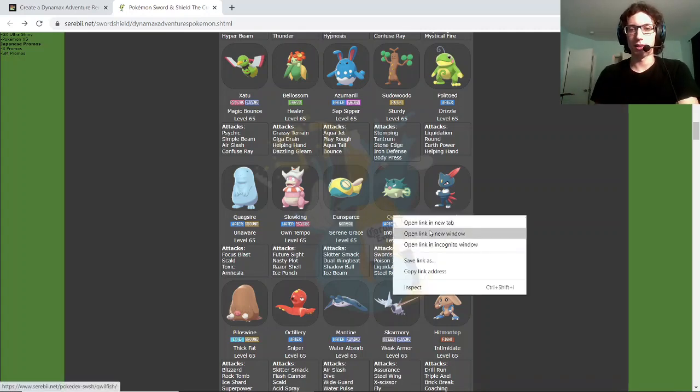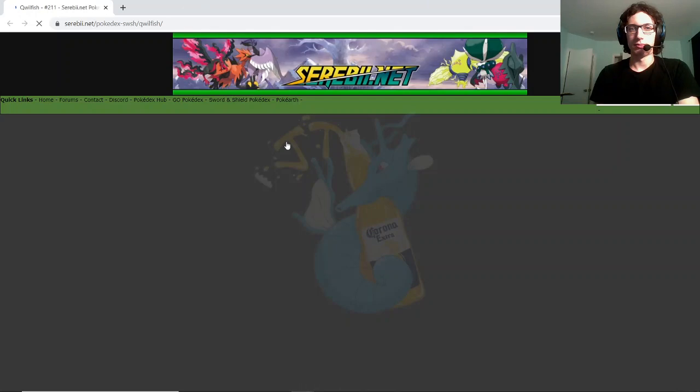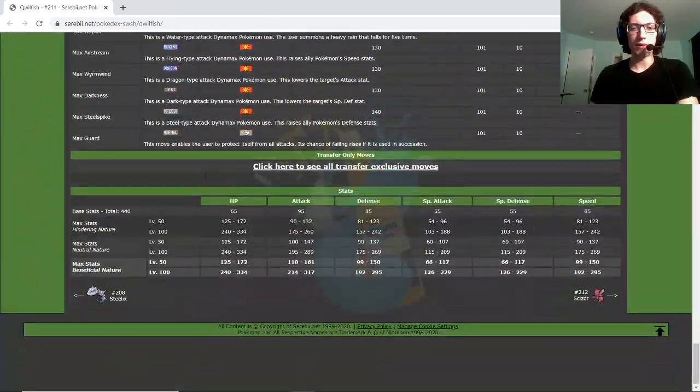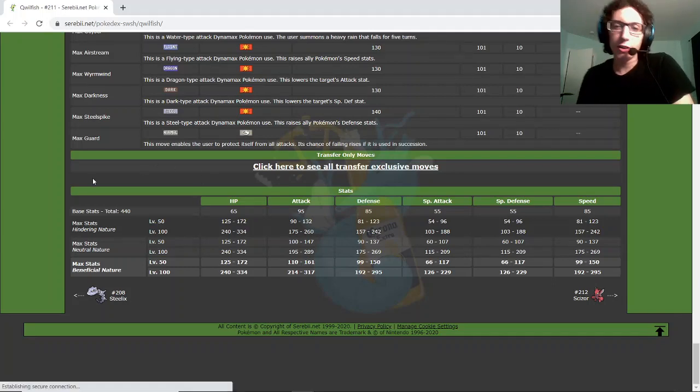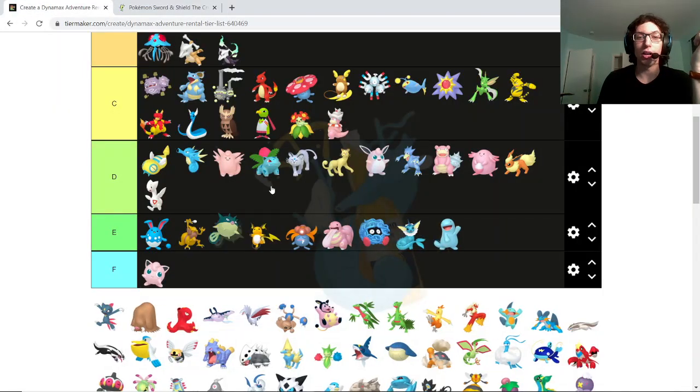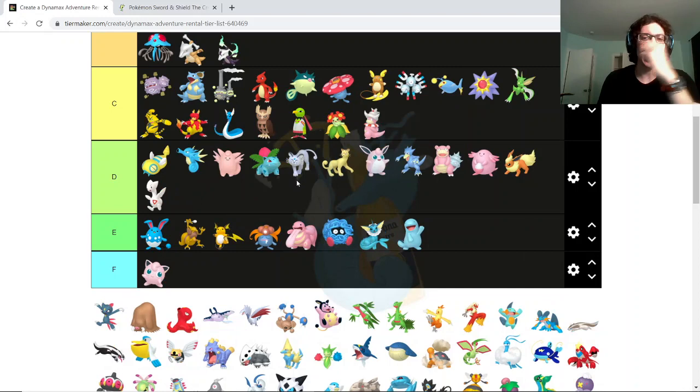Ability. No, that's fine. Above average ability, average-ish stats. It's average. It's average. It's good. It's a good average. It's higher up average, but it's still average. Sneasel,